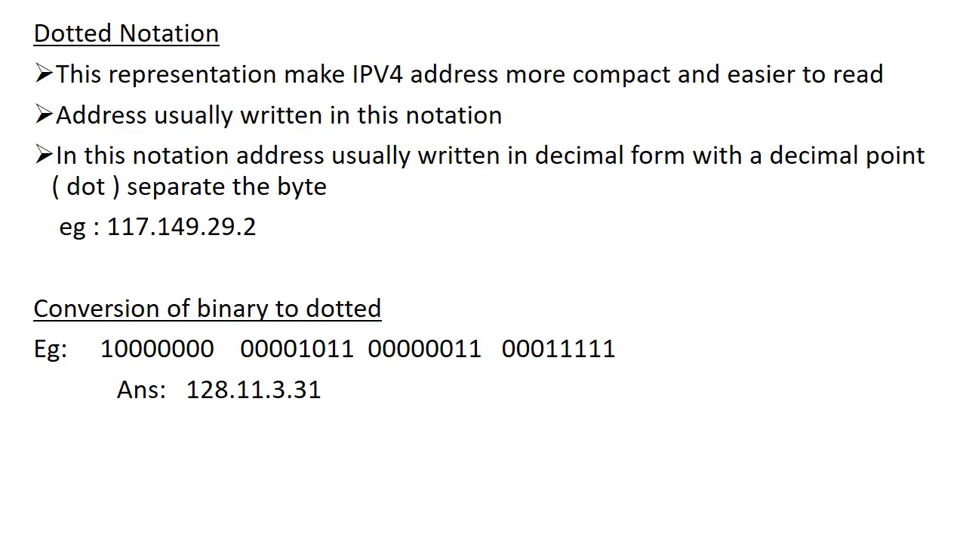A simple mechanism only. Group the first 8 bits and write the equivalent decimal. We know how to convert binary into decimal. Similarly, group the next 8 bits and write the equivalent decimal. After each byte, separate with the dot symbol. So 2 raised to 7 will be 128, dot